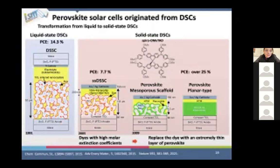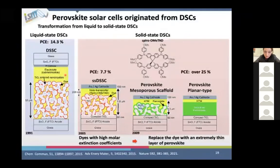And the electrolyte, since it's a liquid, all of us from the field try to solidify to avoid any kind of leakage and improve the stability of the liquid type solar cell, the dye cell. Then at that time, so-called Spiro-MeOTAD, the hole transport layer, was discovered to solidify the electrolyte. And in that case, because of the big molecule, the thickness of titanium dioxide was decreased to 1.8 micrometer, and the efficiency, of course, dropped down because we have less absorption of